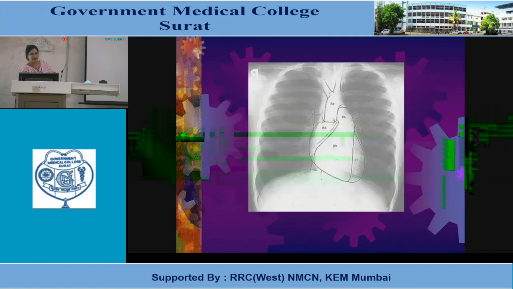So you can see that this is the right atrium as seen on a chest X-ray. You can see it forms predominantly the right border of the heart. Left ventricle forms the left border of the heart. Right ventricle is a triangular shaped structure situated in front on the anterior most aspect. This is the pulmonary artery arising from the right ventricle, and the SVC and the IVC drain into the right atrium just beyond its center. This is the aorta arising from the left ventricle. This is the left atrium or the left atrial appendage which will project on the left side.